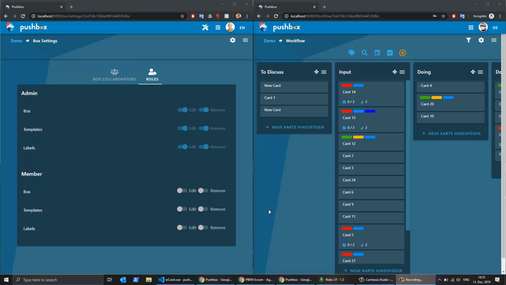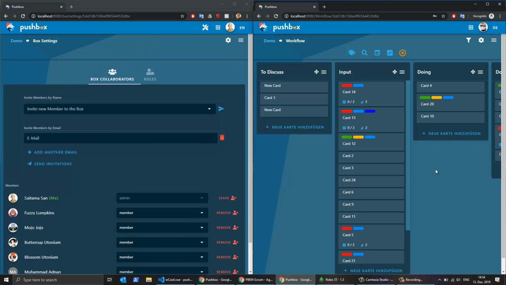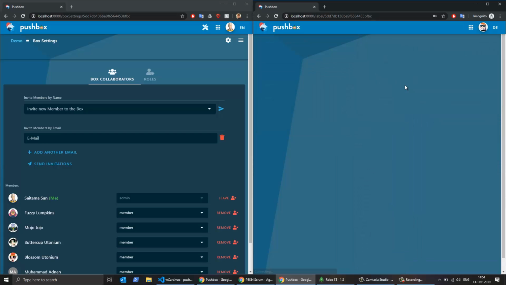Next up, let's talk about labels. We've gone and created roles for labels. What this means is that if you're a member now, you can neither edit labels nor remove them. What does this mean? So if I go to my box, I can see that Dexter here is a member. And if I go to this browser where I'm logged in as Dexter, and I go to the label view,